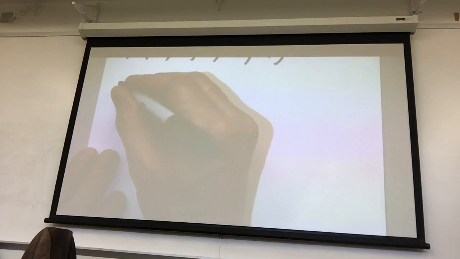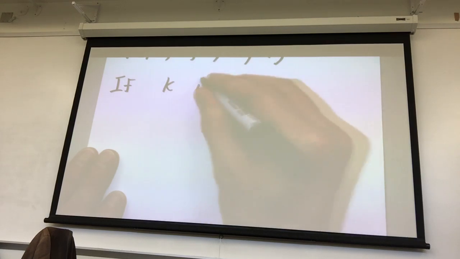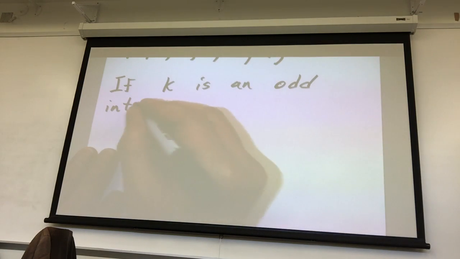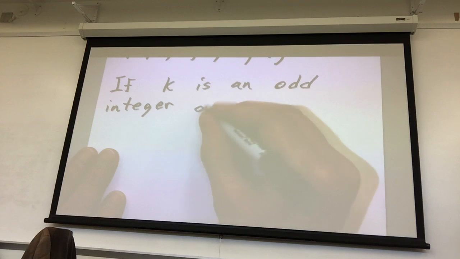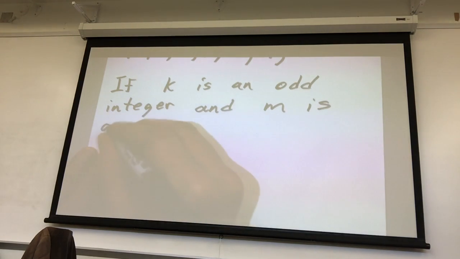Okay, so let's start with a couple of proofs and let's do forward proofs. All right? Not as complicated as the last one we did involving the odds or the prime numbers. So let's say if k is an odd integer, and m is an even